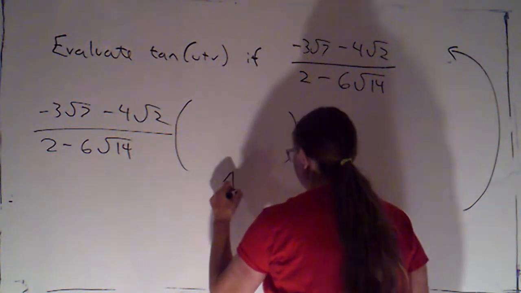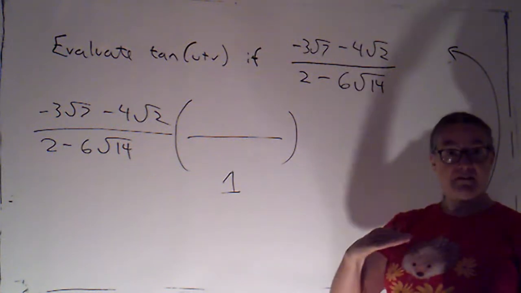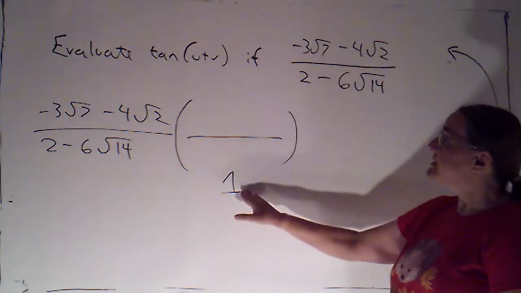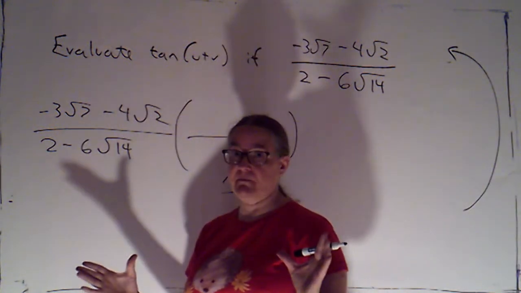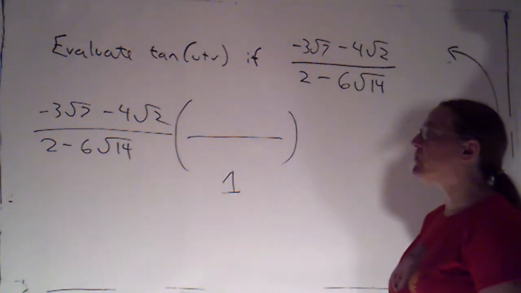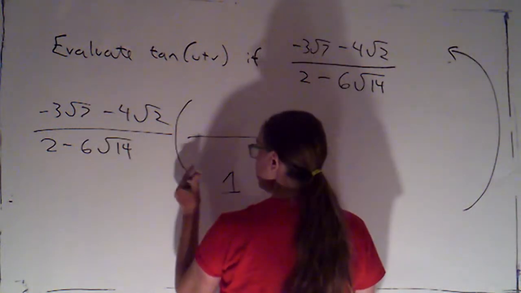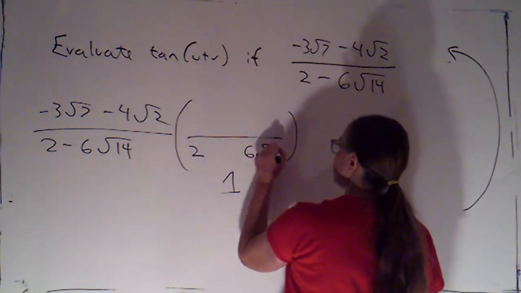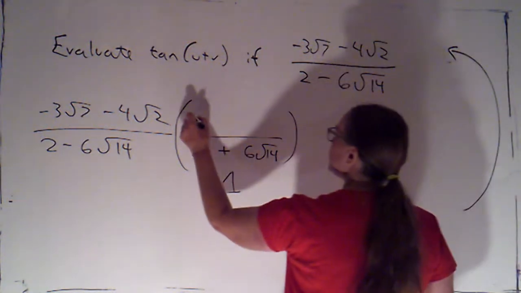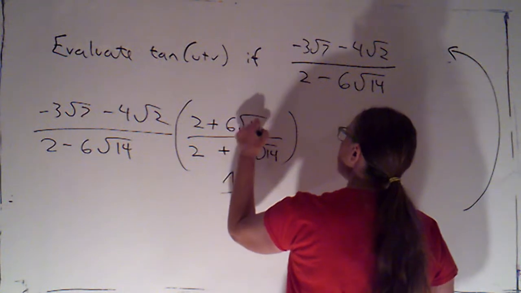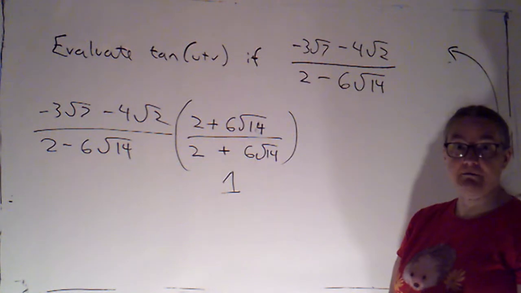We do that by multiplying by 1. We do a lot of things by multiplying by 1. So I multiplied by 1 in the form of 2 halves to clear the complex fraction. To clear the root in the denominator, when I've got 2 terms and one or both of them involve roots, I'm going to multiply by 1 in the form of the conjugate over itself. The conjugate is the same 2 terms, so a 2 and a 6 root 14 connected with the opposite sign. So I'm going to multiply by 1 in the form of 2 plus 6 root 14 over itself.